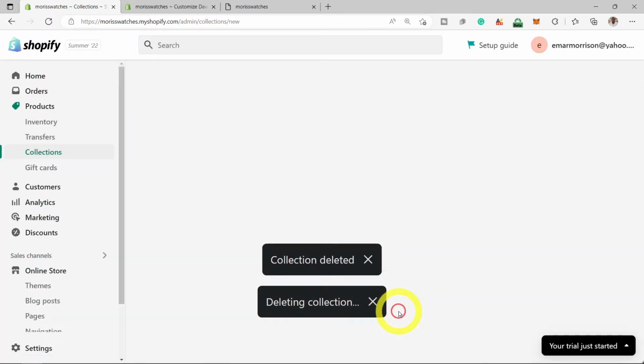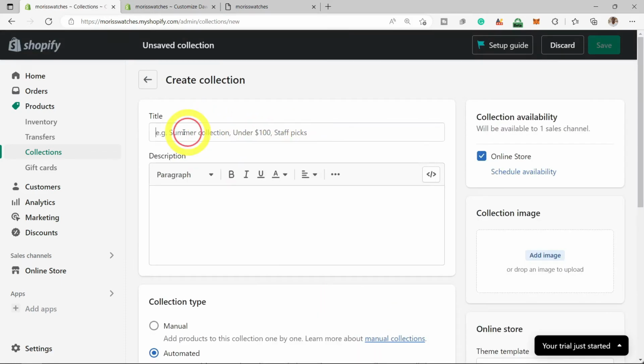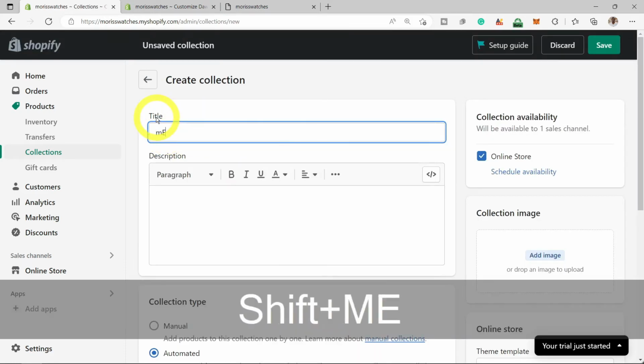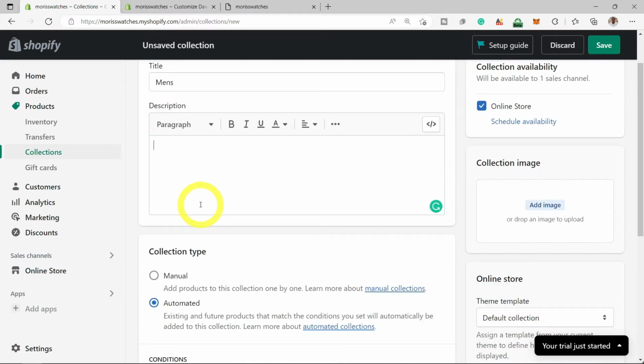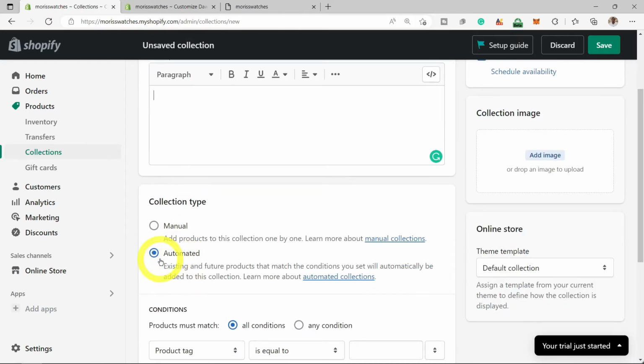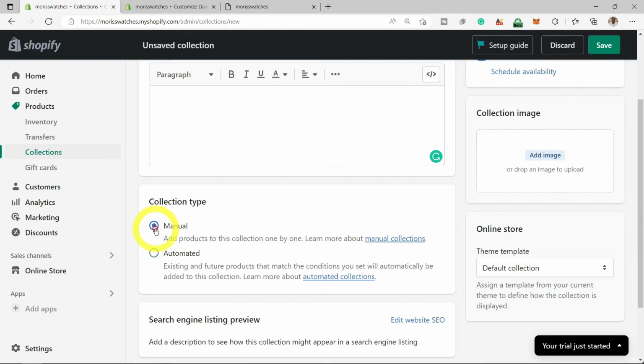Now select create collection, and I'm going to be giving this collection name, let's say men's, and then you can give it a description, but I'll be leaving that for another time just to save some time. But ensure you put enough description to add metadata for your product, which helps with search engine optimization. Now you can have an automated or manual. I'm going to be doing a manual for now, but later on you can explore the automated option, and then you set rules and decide what gets added to your collection. So I'm going to select manual for now,